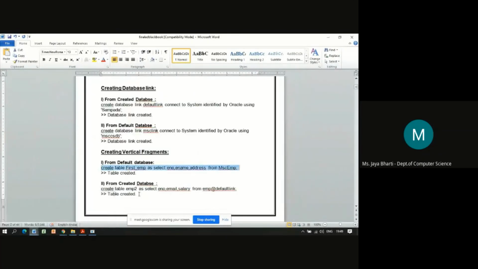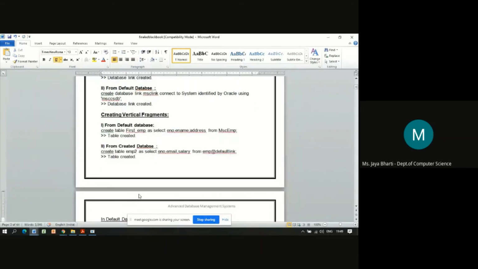Next, now this was from the default database which we created. Now from the link, we will create one more copy. So the second fragment, second EMP, as select employee number, employee email, and salary.